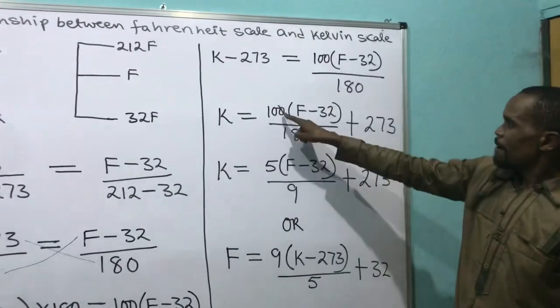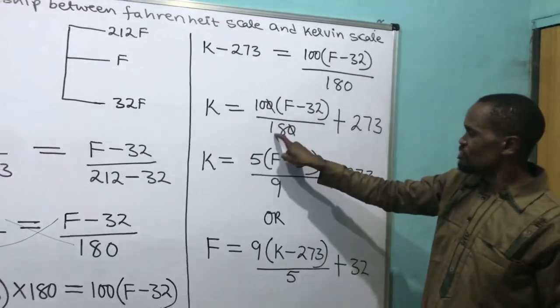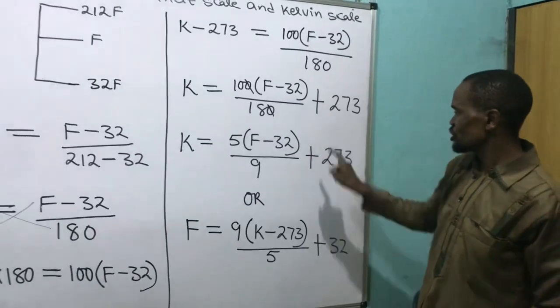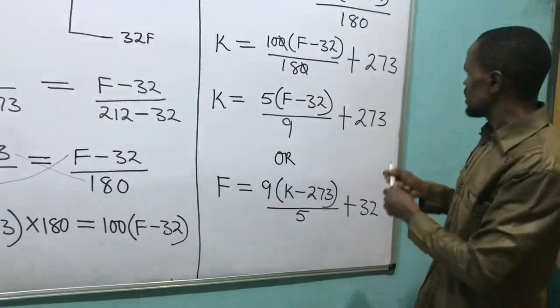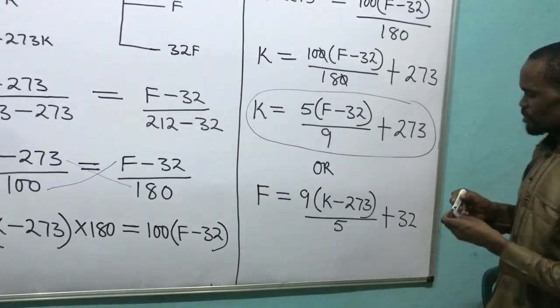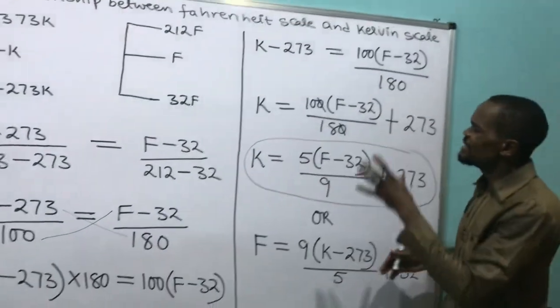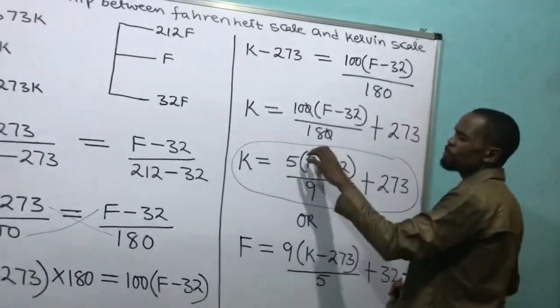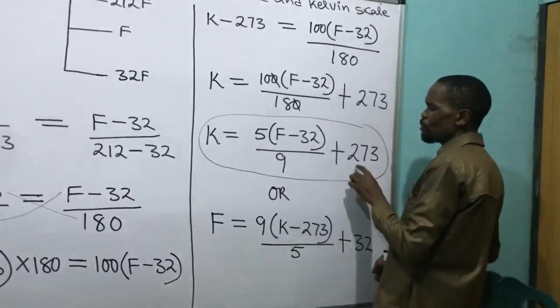Then this 0 cancels this 0, 2 divided into this gives me 5, and 2 divided into this gives me 9, plus 273. That's the relationship. This is now the relationship between K and Fahrenheit, that is Kelvin and Fahrenheit. So if I have anything in Fahrenheit, I put it here, minus 32, times 5 divided by 9, plus